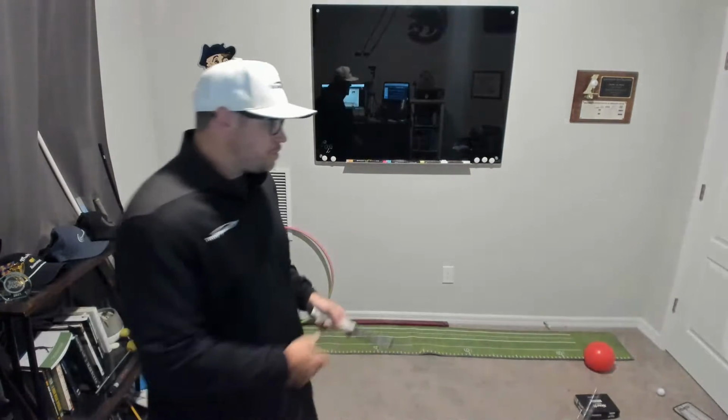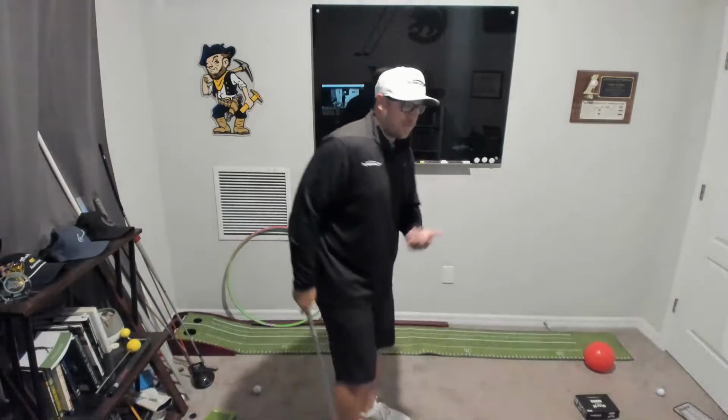So Gordon says, "Q: Having trouble staying in posture in the downswing. Looking at video, I can't seem to maintain my forward tilt, and my head is backing away from the position. My irons are really solid, but I'm having a hard time with rotation and posture with the driver. Help." So it's hard for me to know for sure without seeing your swing why this is happening.